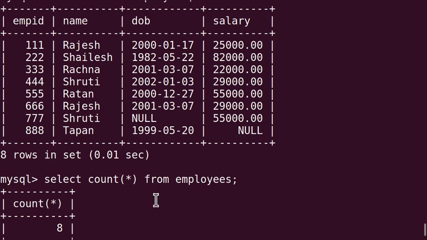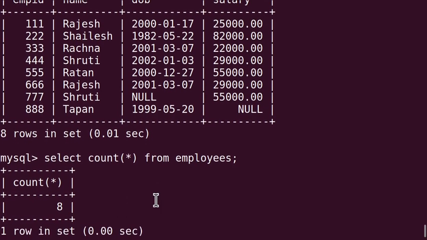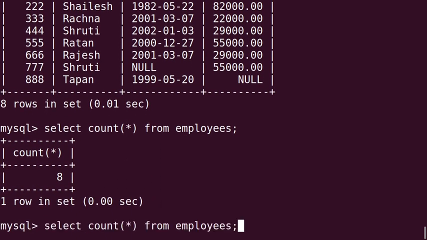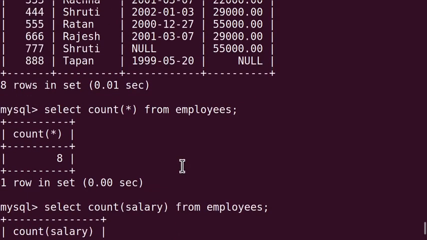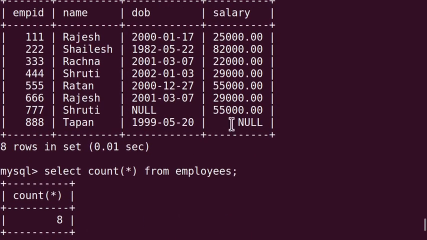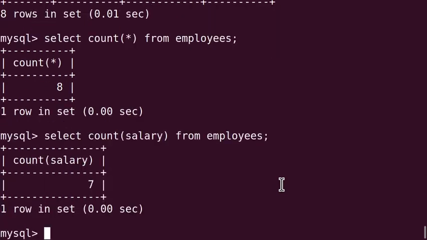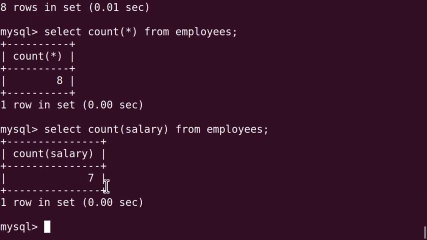Now on salary field, we will use this count function. Count salary from employees. See, 7, because within the salary field one null value is there. So rest non-null values are 7. You have already seen. So we are getting 7 in the output.